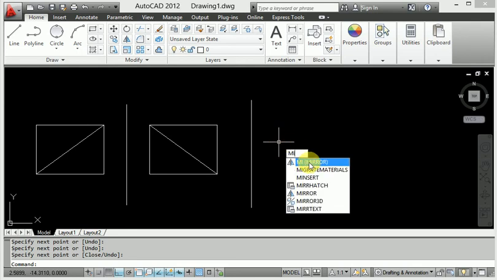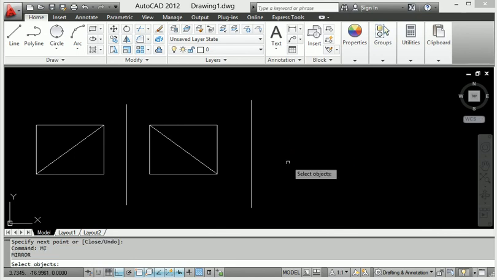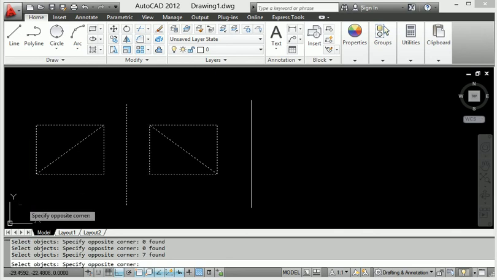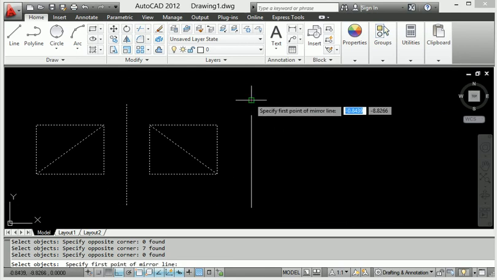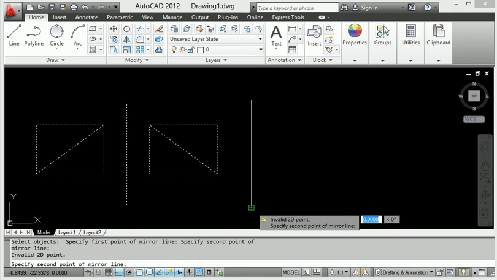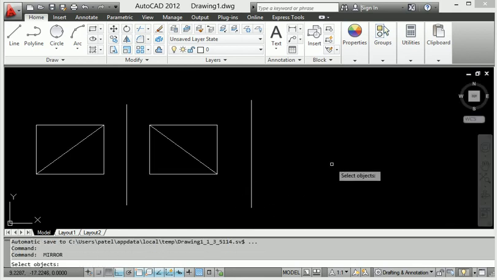Look at this, it is called mirror, MIRR. When I select all this body and press enter, it applies the mirror, and here I click the mirror.